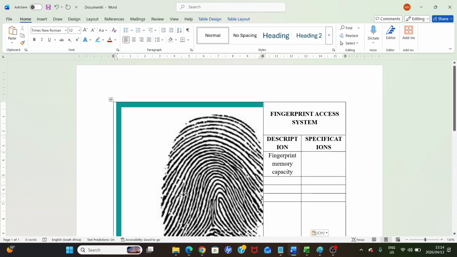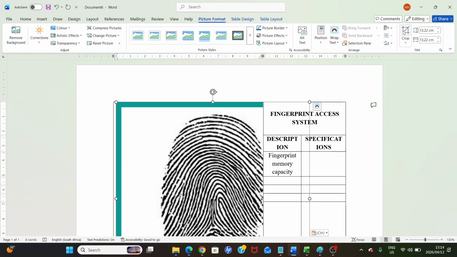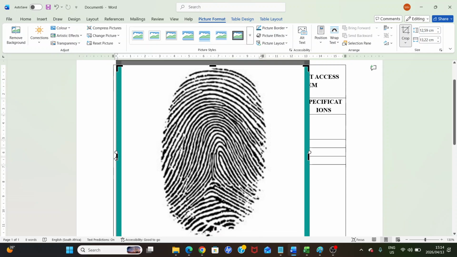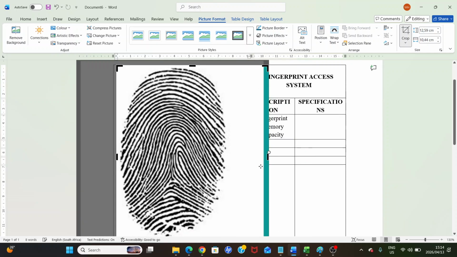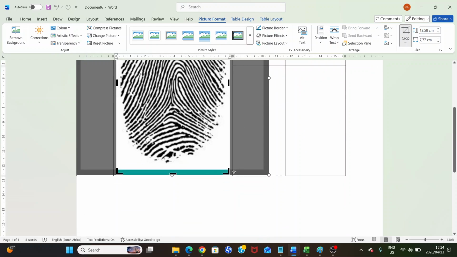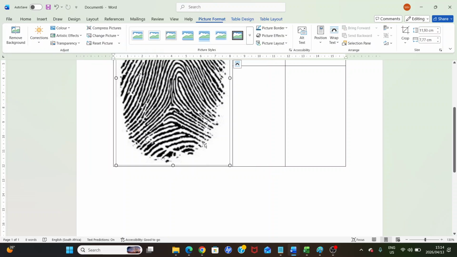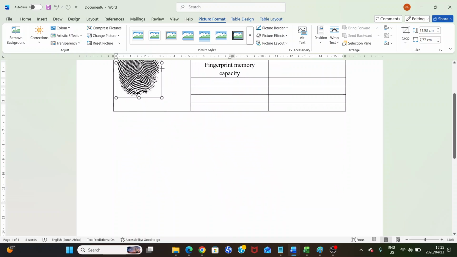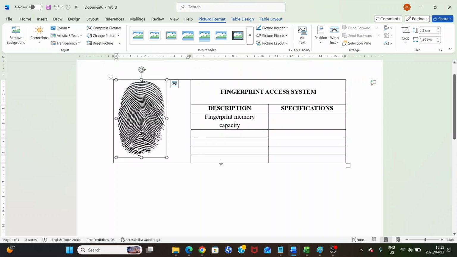Of course, it's going to be a very big picture, but that is why we are now going to edit our picture. So you will go to Picture Tools, Format, Crop, and now you will crop this blue border out of this picture until only the thumbprint or whatever print that is, until only the fingerprint remains. But it is now very, very big. So I am going to resize it until it is big enough for this block. And I will just put it in the middle.